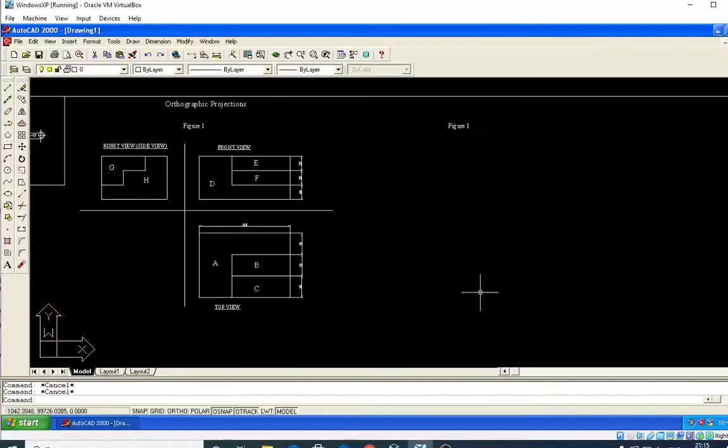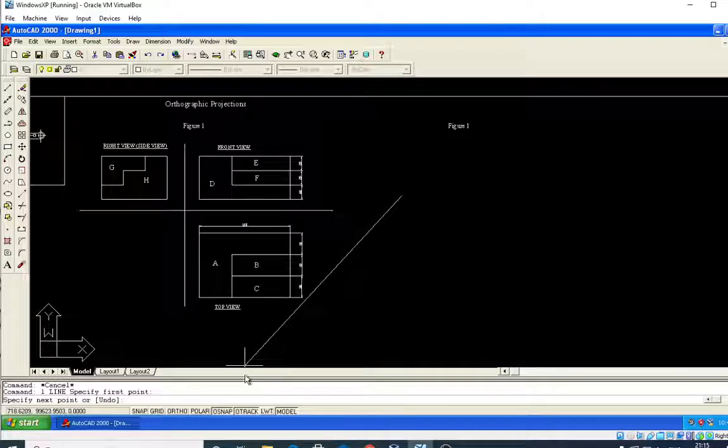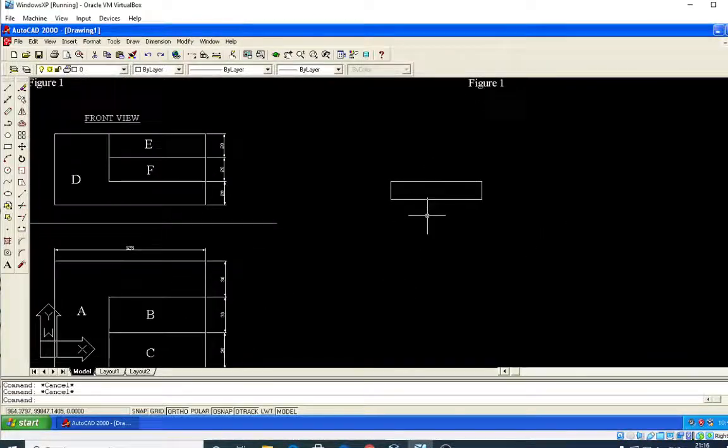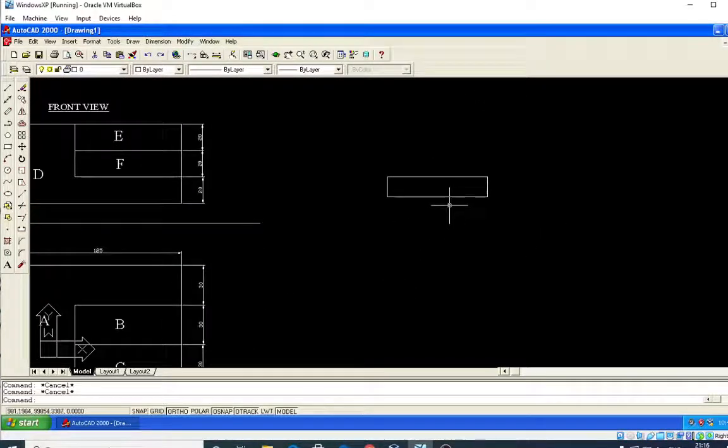Straight away you can take the line command, L, enter, make ortho on, 75 mm length, and above it 15, and to the left again 75, and bottom again 15. Enter and escape two times. Now your sketch is ready.